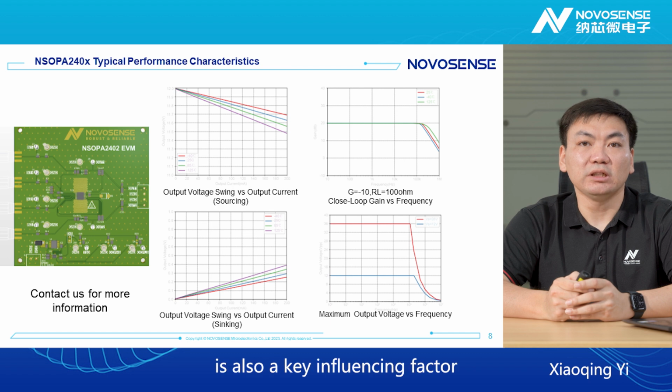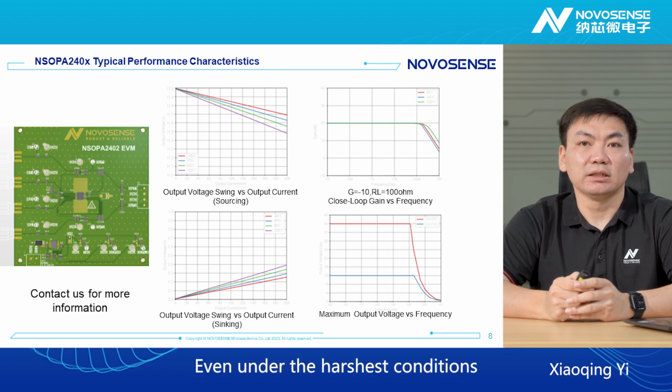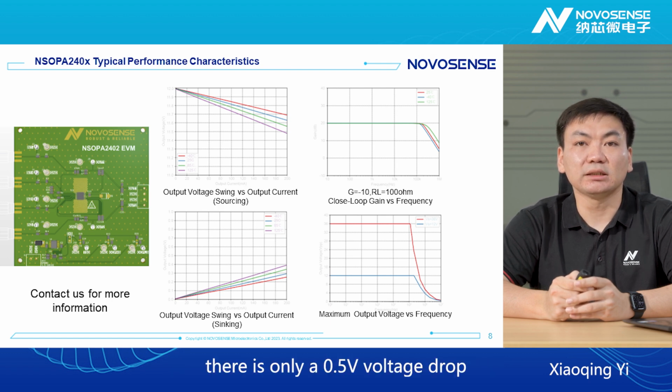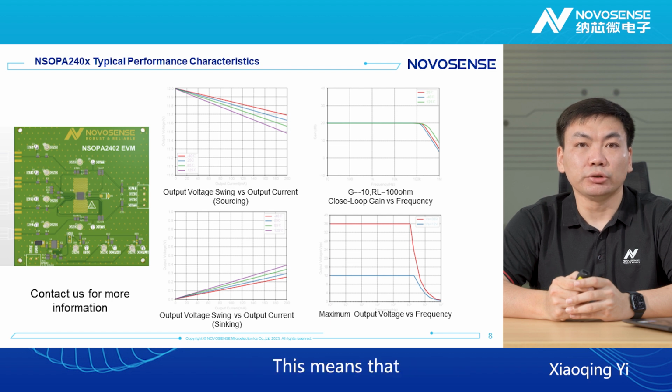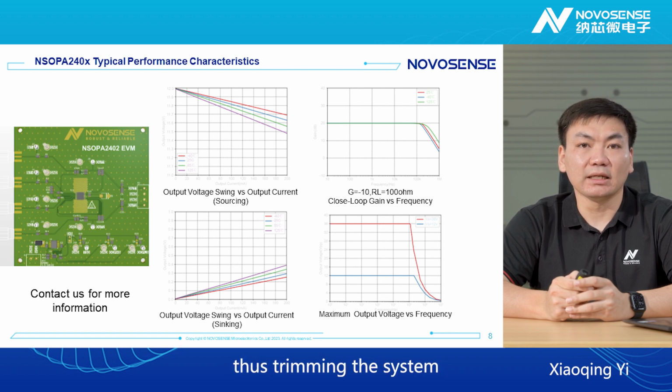Ambient temperature is also a key influencing factor, and it can be seen that the higher the temperature, the smaller the swing. Even under the harshest conditions, for example, at an ambient temperature of 125 degrees centigrade and an output current of 200 mA, there is only a 0.5 volts voltage drop. This means that as long as the power supply voltage is 0.5 volts higher than the voltage swing, the chip can function normally. One benefit is that the chip's power dissipation can be significantly reduced,